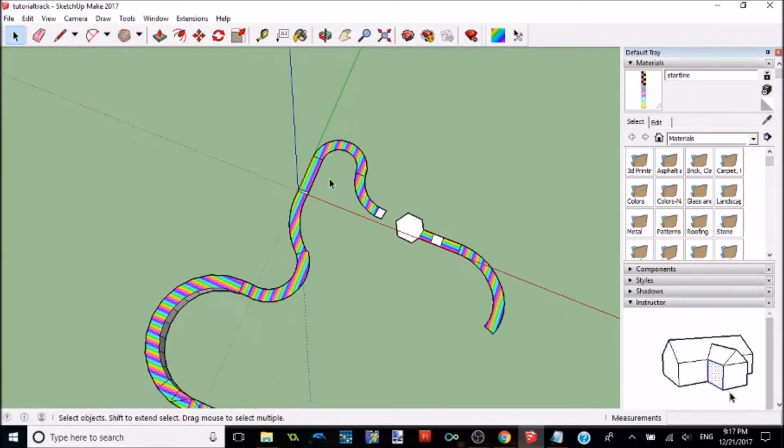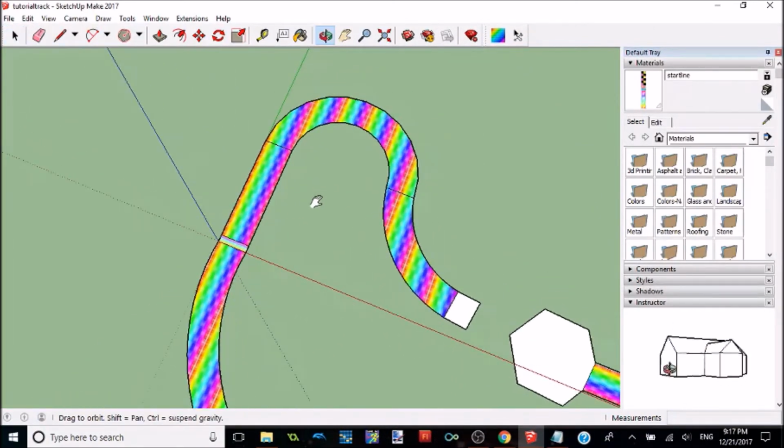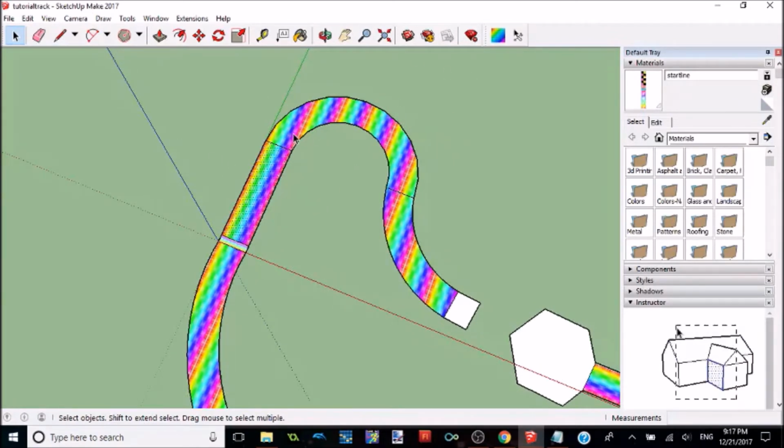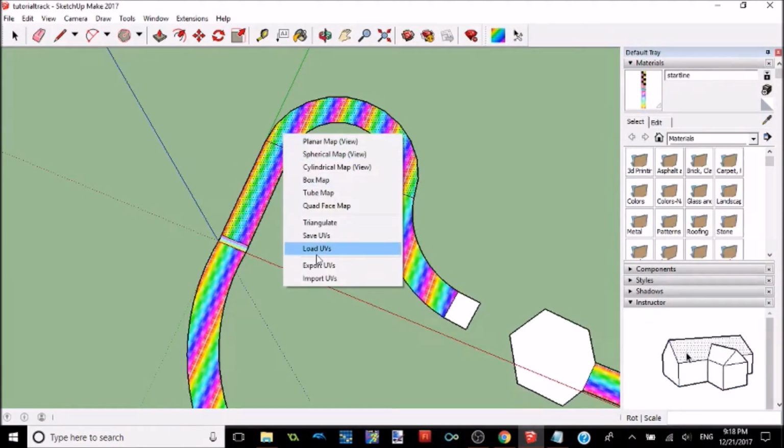So what I'm going to do for now is just select this, hold down shift, and select these two. Well, actually I don't even need that first one. It'll be handy to have. So I can grab that and then click on SketchUV right there, right click, and I can export